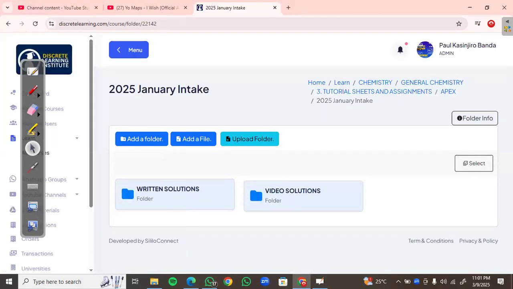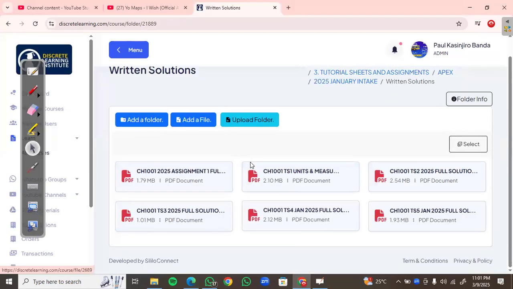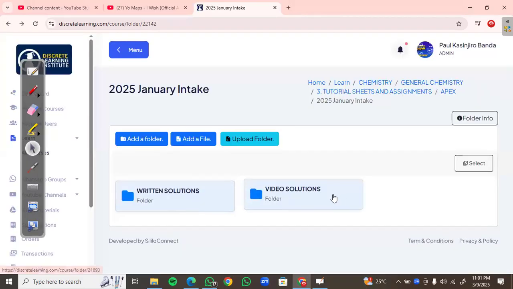And then here we have written solutions. When you go to the written solutions, you're going to see we have assignment 1, tutorial sheet 1, tutorial sheet 2, tutorial sheet 3, tutorial sheet 4, tutorial sheet 5. Full solutions. So you can pass through the written ones if you want. And then if you want video